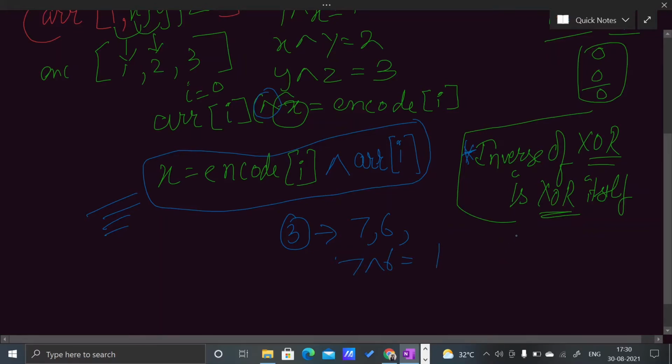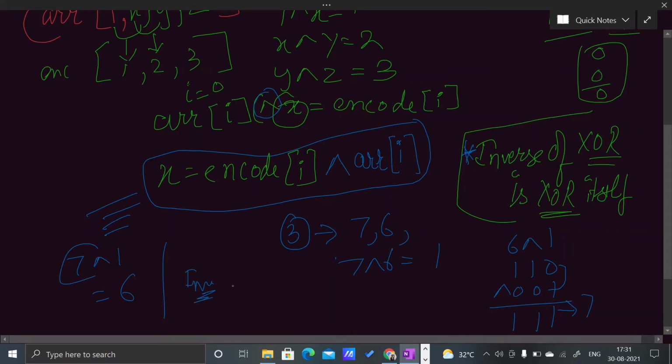When I do 6 XOR 1, 1 1 0 and the binary representation of 1 is this, these two bits are different, 1, these two bits are different, and these two bits are different. It gave me 7. And similarly, if I do 7 XOR 1, it will give me 6. Hence we can see that the inverse of XOR is XOR itself.